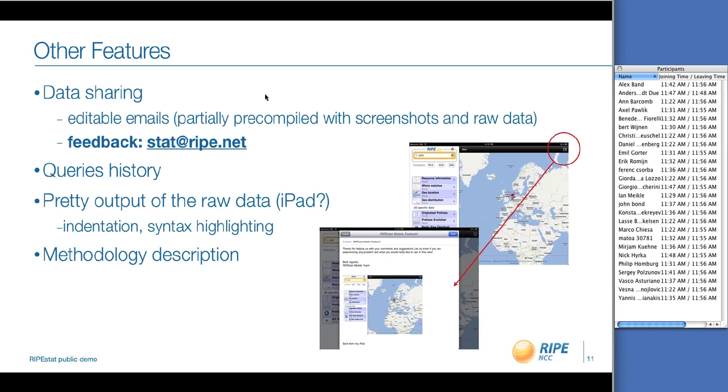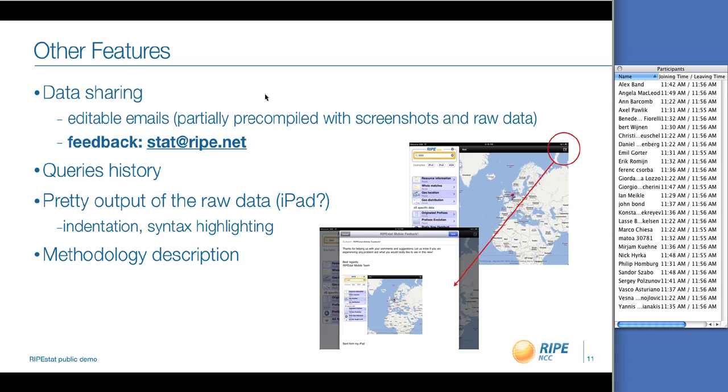Okay, some non-functional features are also coming, non-functional requirements. It will be, in fact, possible, like in the demo that you have just seen, to share the content you are watching on the screen by email with your colleagues, and eventually to use the same mechanism to provide us with feedback about each view. For this, start@ripe.net will be the default receiver, and eventually you can just change it.